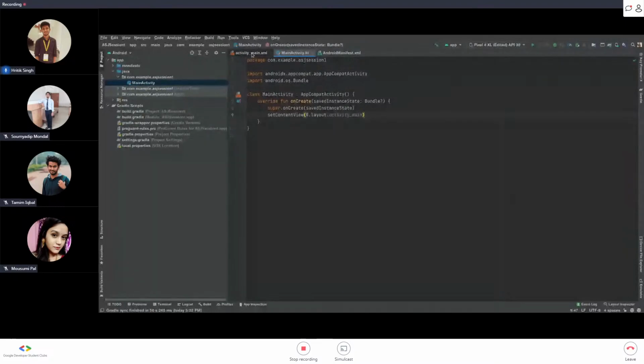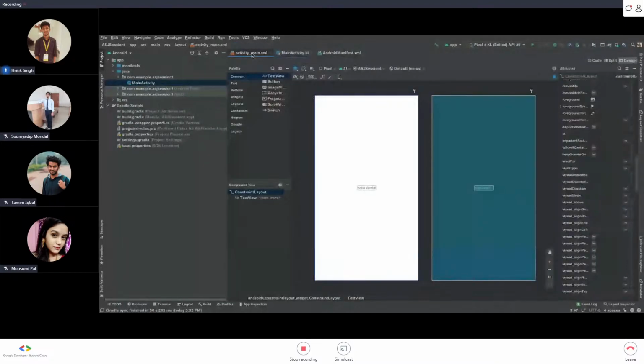Okay, and all of your design, all of your UI thing and everything is going to be done over here in the activity file. Okay,